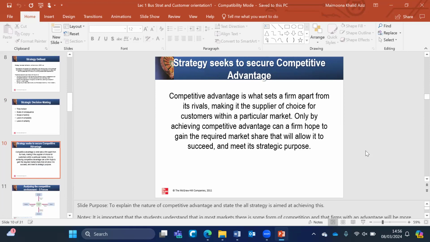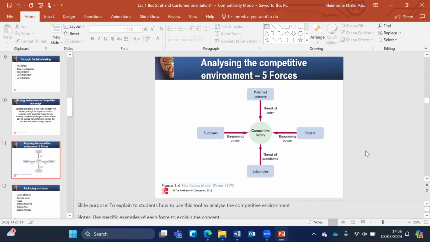A competitive advantage stands for anything that you are doing as a business that other businesses are not capable of doing or are not doing in the market right now. So something that sets you apart is called a competitive advantage. In order to assess our position in the market, there's an analysis that we can use, and it's called Porter's